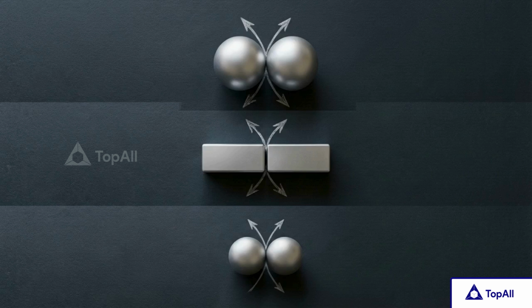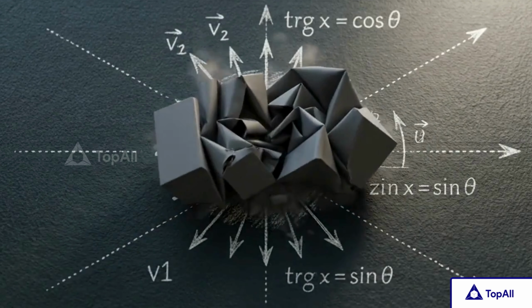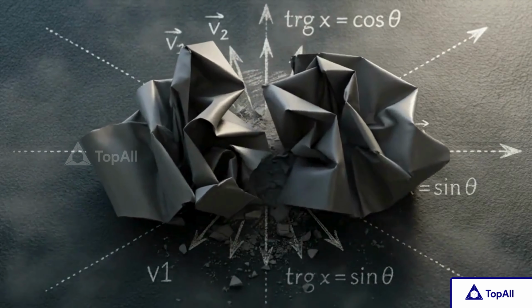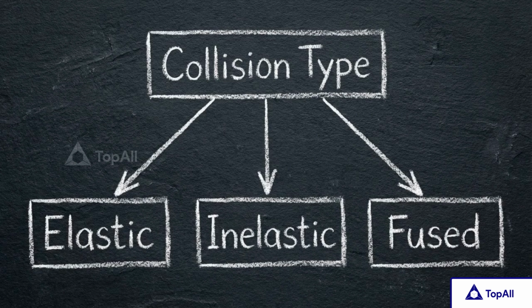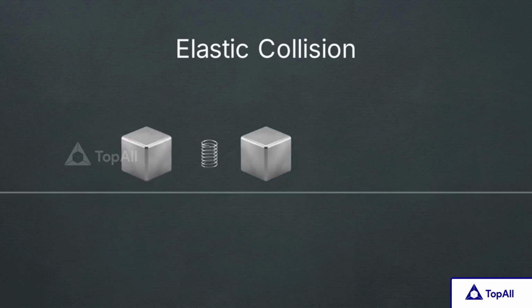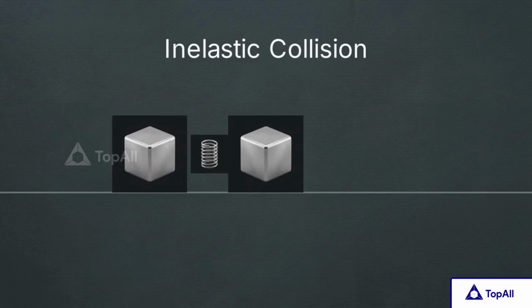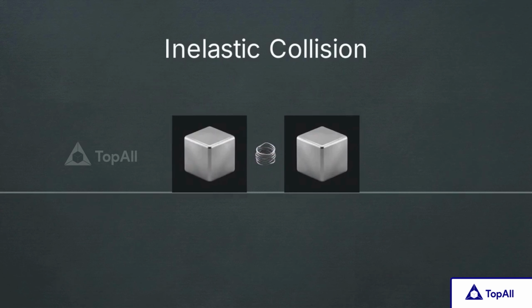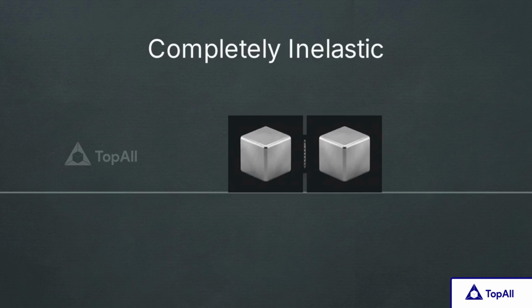If momentum is always conserved, why do some objects bounce off each other while others crumple, shatter, or fuse together? We have to look at kinetic energy. Kinetic energy acts as the discriminator that determines the physical type of collision we are observing. This compressed spring model visualizes deformation during impact. In elastic collisions, the spring perfectly regains its shape, returning kinetic energy. In inelastic collisions, it permanently deforms, losing energy as heat. If completely inelastic, the bodies fuse, maximizing energy loss.